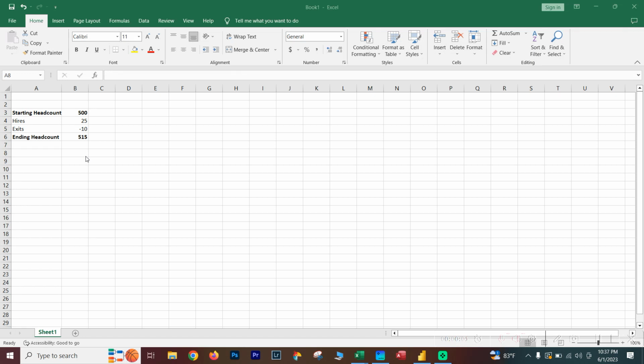Hey guys, let's create a waterfall chart in Excel using our sample data set. So in my case, I have a starting head count, my hires, my exits, and my ending head count. On a formula standpoint, keep in mind my starting is going to be plus my hires minus my exits. So make sure whatever your amount is, whether that's a cost or an exit, you do add a subtraction sign